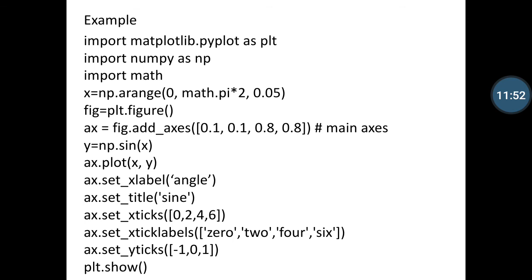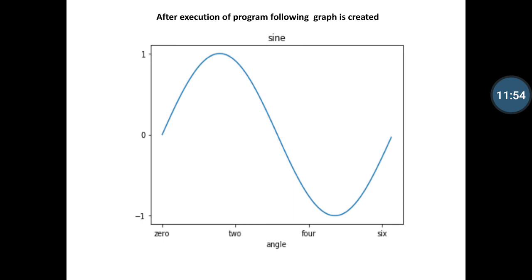So you can notice that here two axes are defined. The x-axis is defined with the string values, as in our previous code, 0, 2, 4, 6, and the numerical values of the y-axis are defined in the code as -1, 0 and +1. The title of the graph, sine, is also defined here.